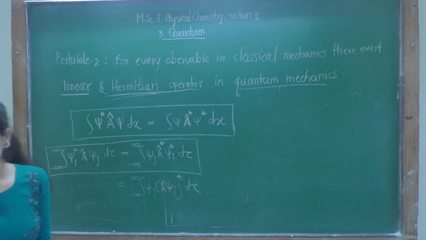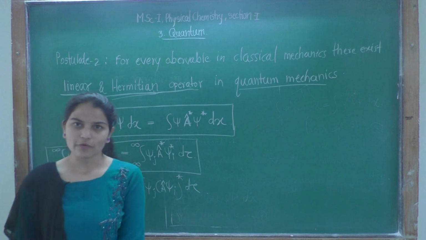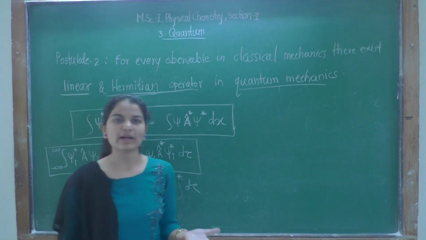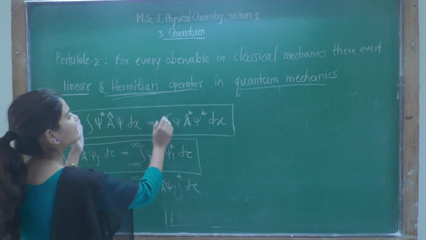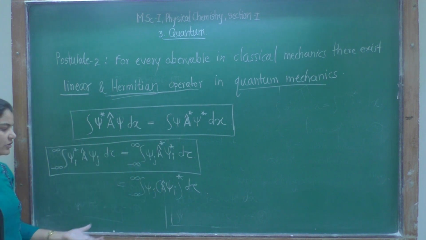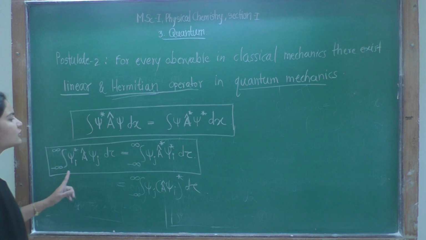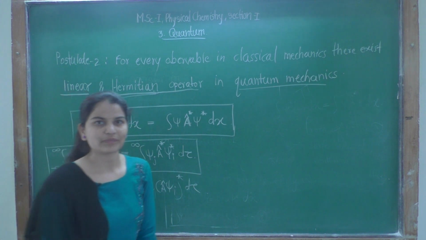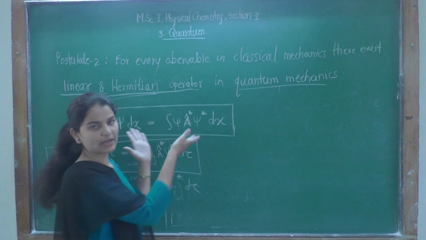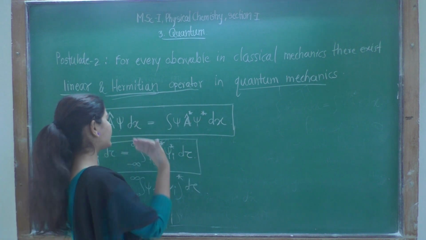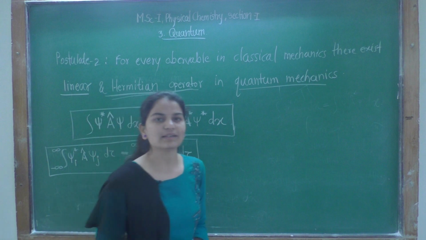We can see its proof also. We'll see that in our next lecture. Actually there is no need of proof, but to understand why this condition is there, we have seen why this condition is there by our small proof. Now for this also we will see one proof. We will prove this with the help of this equation, because we know how this has come. Now from this equation we can obtain this equation. I will show it in the next lecture.